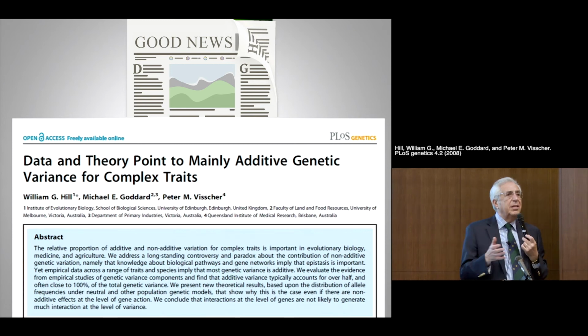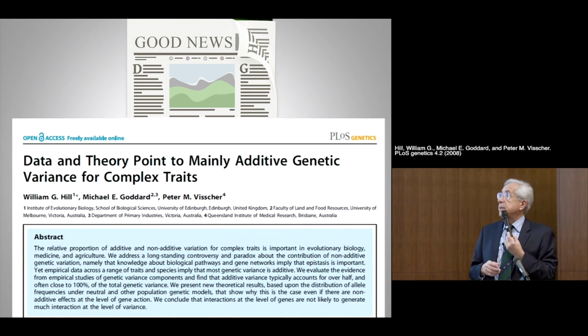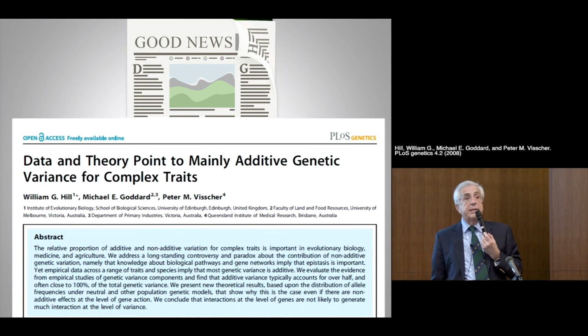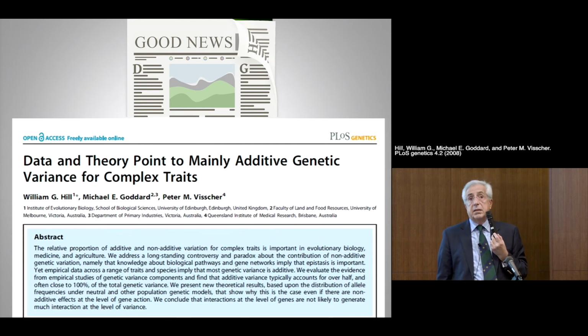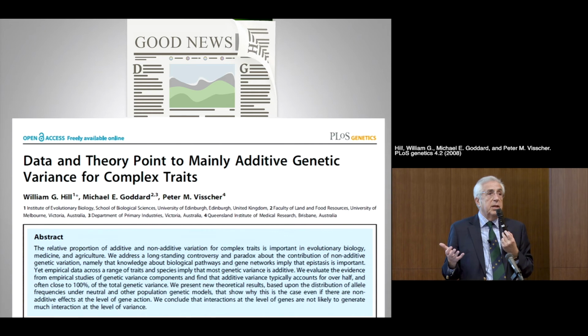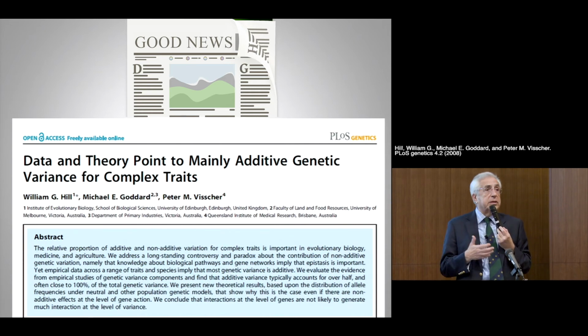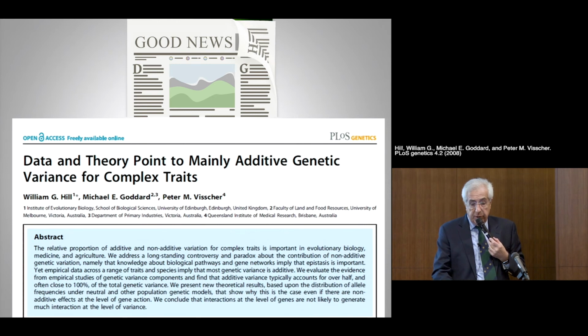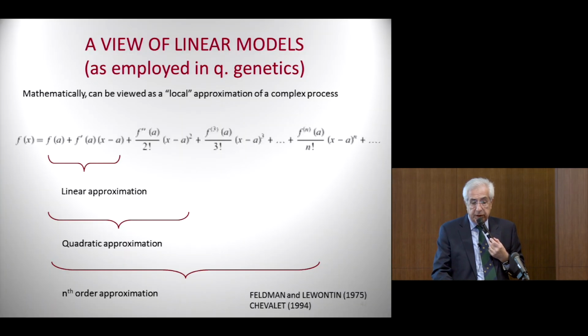Now, this problem of why interaction doesn't show up statistically was investigated in a paper by William Hill, and they actually found that even for epistatic systems, most of the variance turns out to be additive. So in a sense, these important interactions from a biological point of view are hiding. They are generating additive variance, so we will never be able to understand complexity using linear models, because linear models or standard parametric methods most of the time will tell you that interaction is not important or that it contributes very little to the variance. Yet we know that mechanistically it's expected to be quite important.